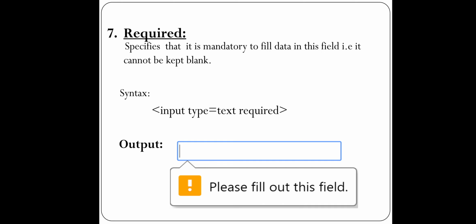So you can see in the syntax how it is used. Input type equal to text, means here it is expecting some text to be entered. But if I don't enter anything and if I press enter or the submit button, what error is it giving? Please fill out this field, means it is making compulsion to the user that you have to fill the value. Until and unless it is filled, your form will not get submitted. Generally we get this type of error many times for filling up many forms, right?